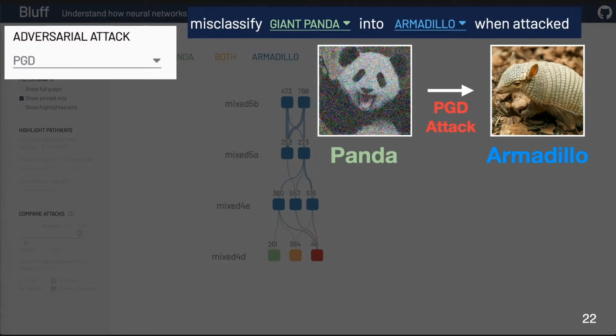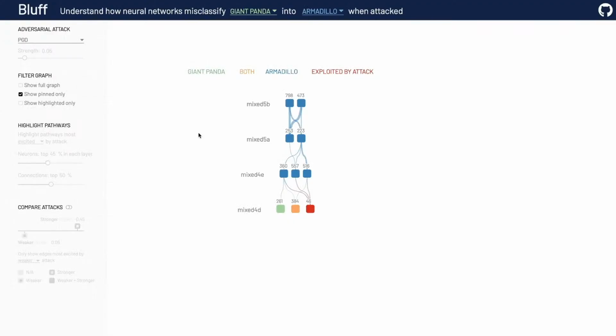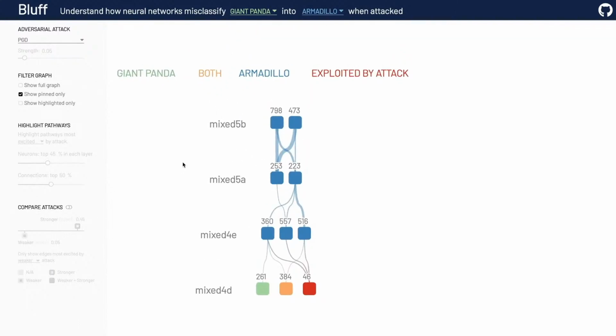attack as armadillo. In the main graph summary view, we visualize the activation pathways of benign and attacked input data. Here, each vertex represents